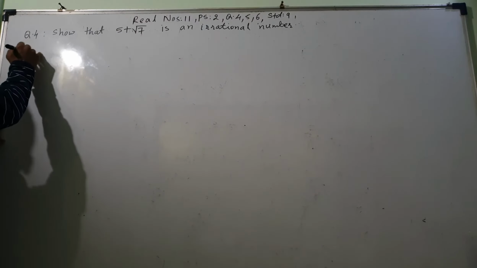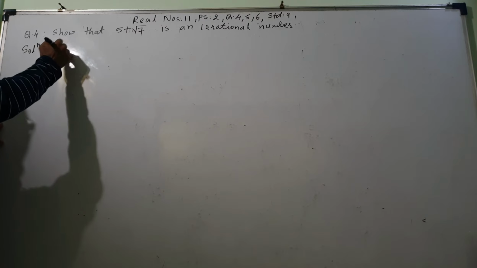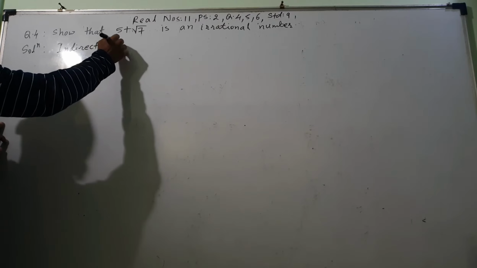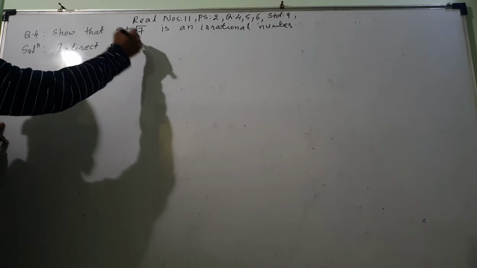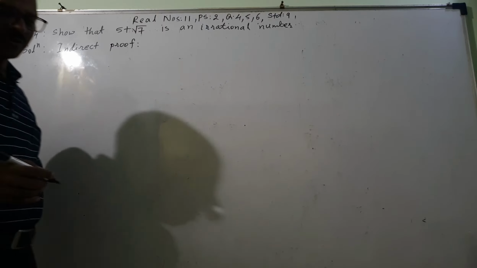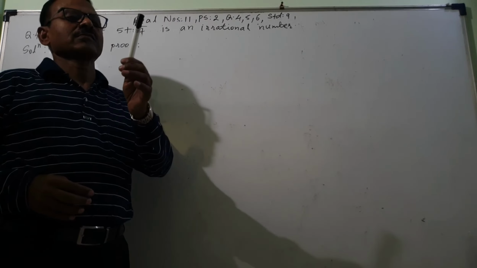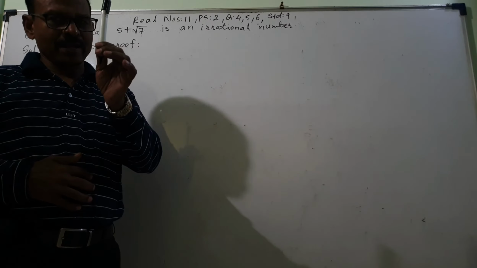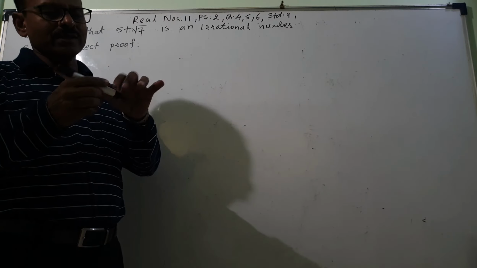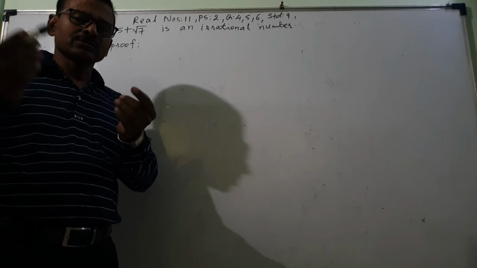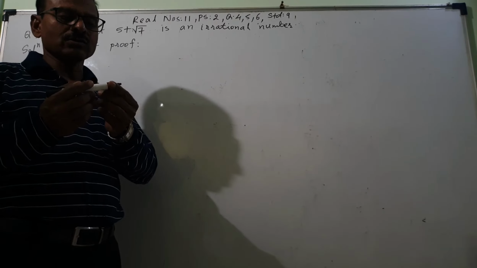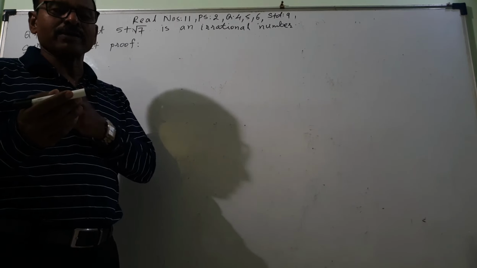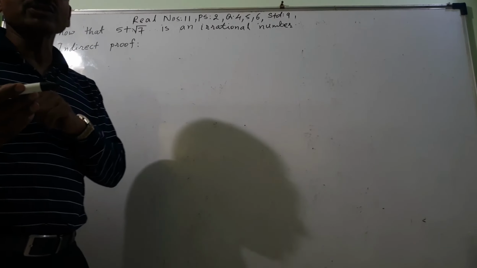For this solution, it has the indirect proof. It doesn't have a direct proof, it is an indirect proof. How to prove indirectly? That I will tell you. Suppose I want to prove that this is a pen, and I will assume this is not a pen. But the characters of this, it is writing, the students can see it. So this contradicts our assumption that this is not a pen. If it is not a pen, then it should not write, but it is writing. That means our assumption is wrong.